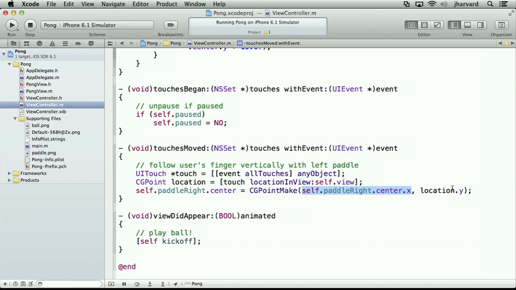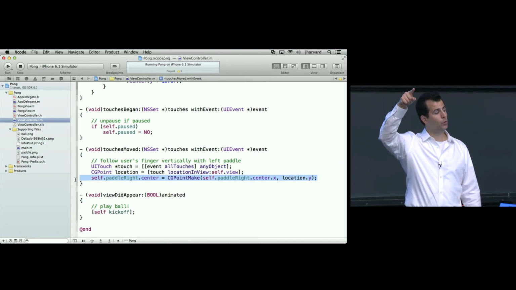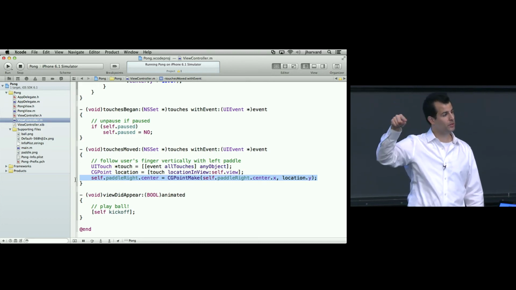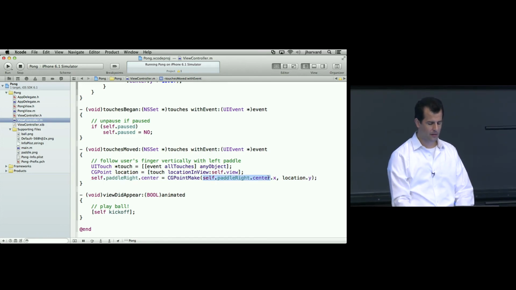But location.y is coming from what? From the human touches, based on these two previous lines. So in short, this third and final line of code in here is just ensuring that the paddle center will absolutely be able to go up and down, but it will never respond to left-right movements. But we can decouple those. If I go back, just like I did last time, and say, go ahead and let the user have location.x,